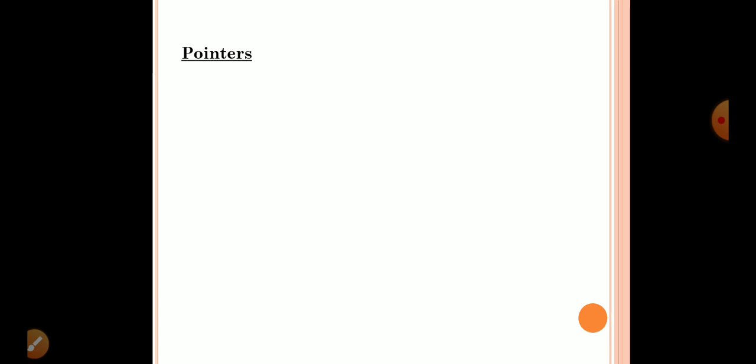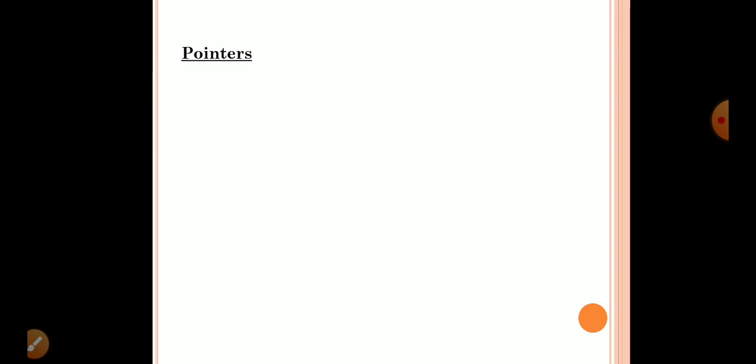Today I will discuss the concept of null pointers, void pointers, pointer expression, pointers and array, pointers and strings, and array of pointers. Before going to these concepts, first we revise the concept of pointers. In the previous class, we learned how to declare, initialize and access pointers. What is meant by pointer? Pointer is a variable which holds the address of another variable. That means pointer can store the address.